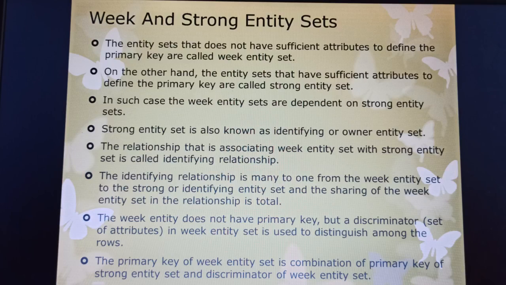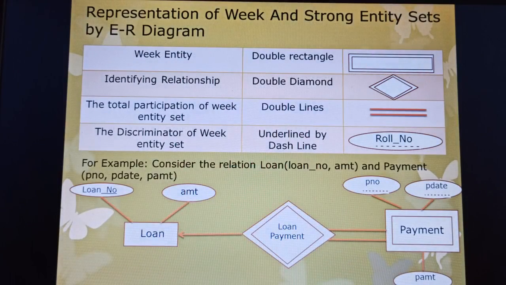Let's understand this using an example. Take the example of loan and payment. Here, the payment entity is completely dependent on the loan entity. Here, payment is a weak entity set and loan is a strong entity set, because